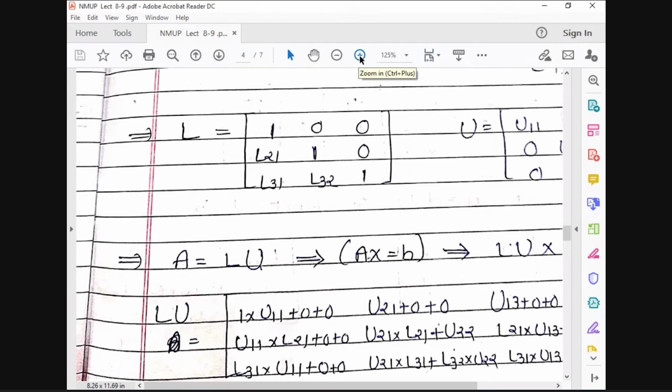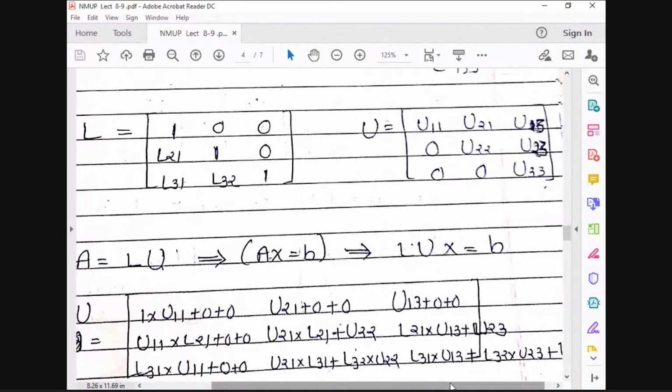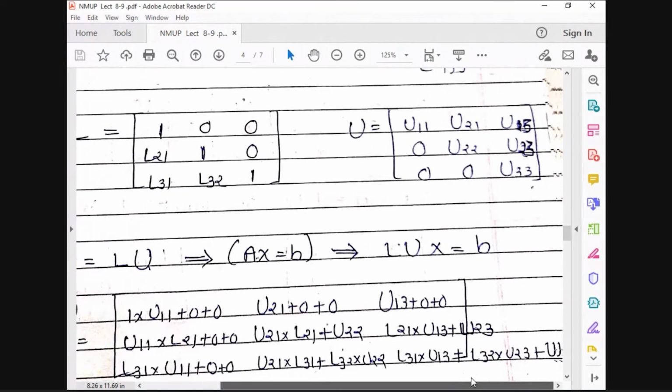Then I have to scroll from left to right, right to left. That's why I have kept it. So don't worry, I will upload all this material on your Moodle, so you can download it from there. Just go through these 10 equations and again try to contact me. Okay.